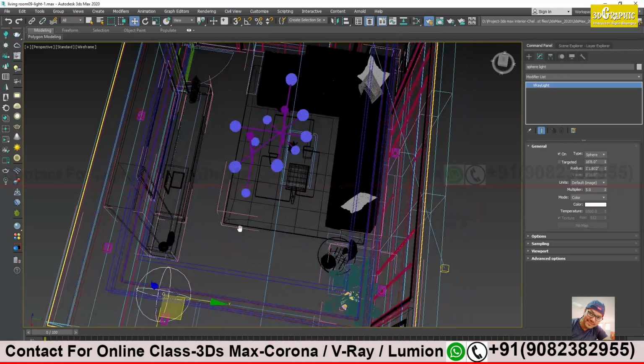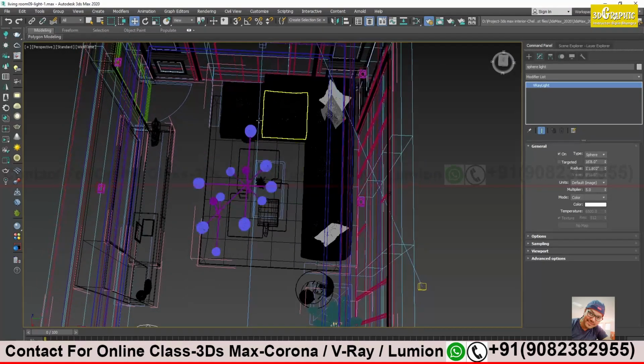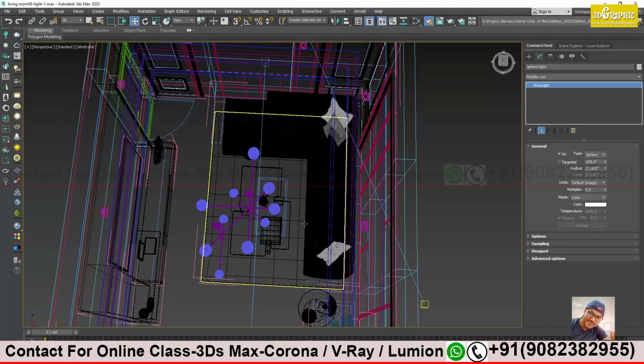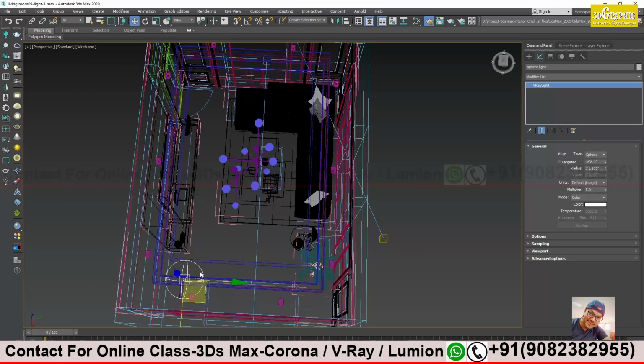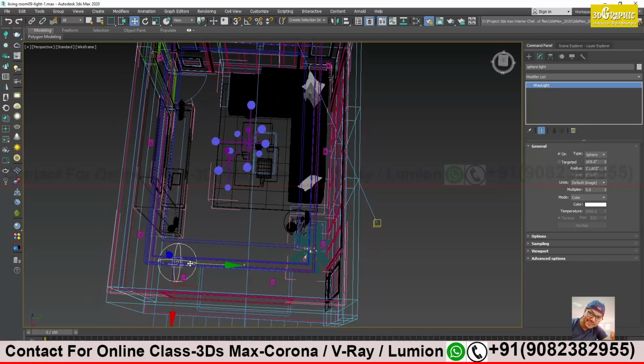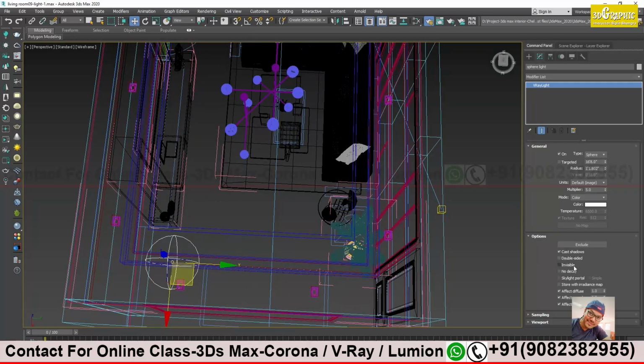Because see, this is the main source where the light hits. This is the area where the light hits, so this will be more illuminated, and gradually the light will decrease. So I cannot give a high value over here. This should be a little less. And that should be invisible, of course. Invisible, and the reflection will not be visible. Reflection as well.